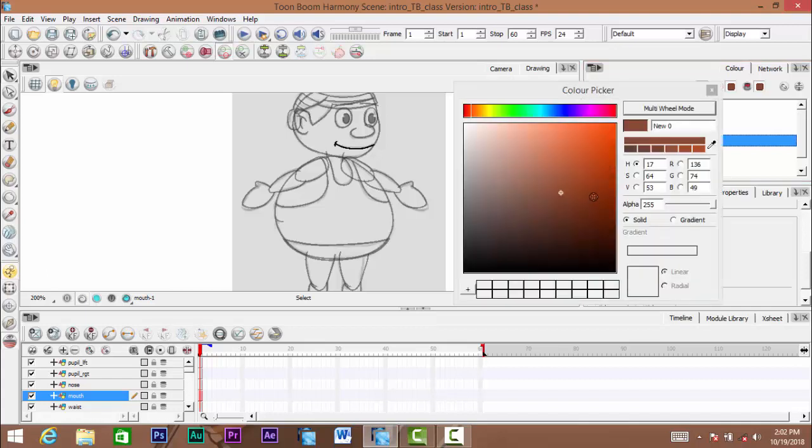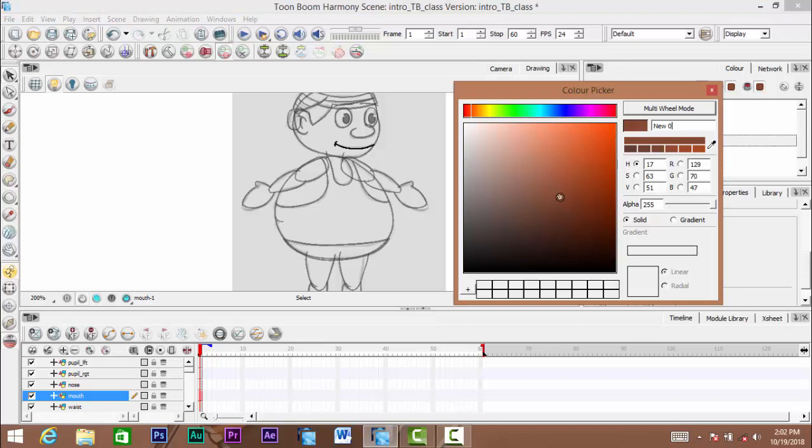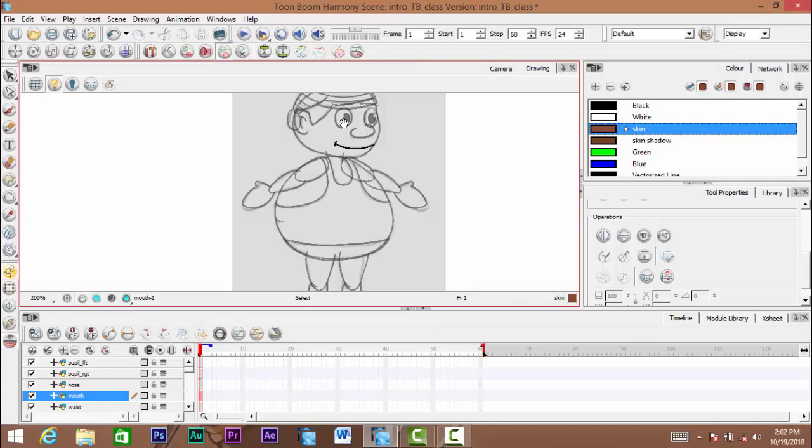So I can double click on the color itself and bring this color a little bit darker, make it darker. This is the former color it was on, then this is the new color that it will show. So I will make it a little darker to reflect shadow. Then I can call this skin shadow. Alright, then close it up. Then come to the skin,